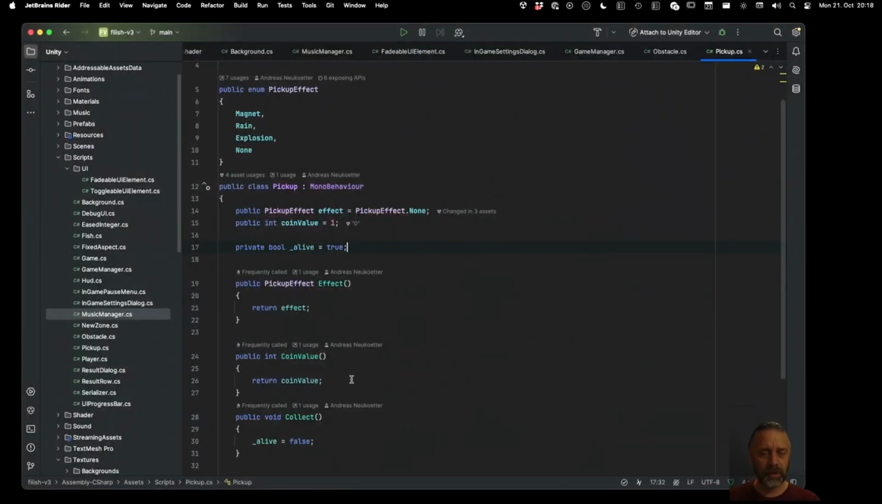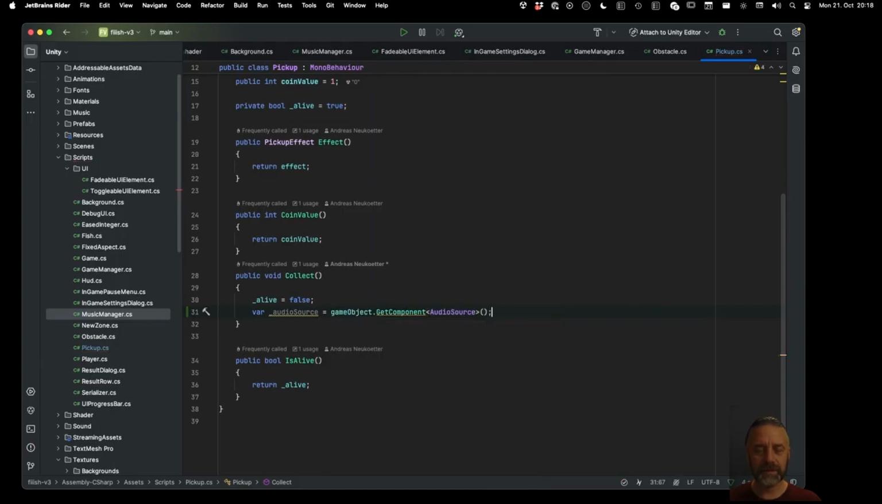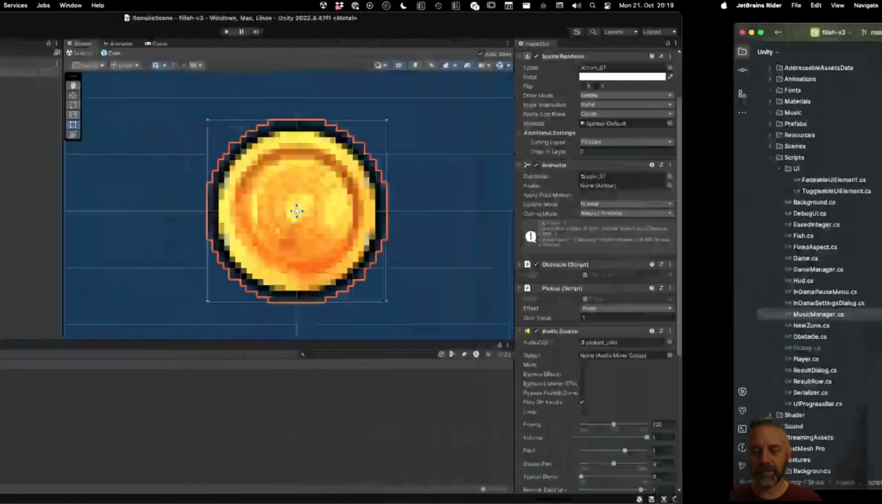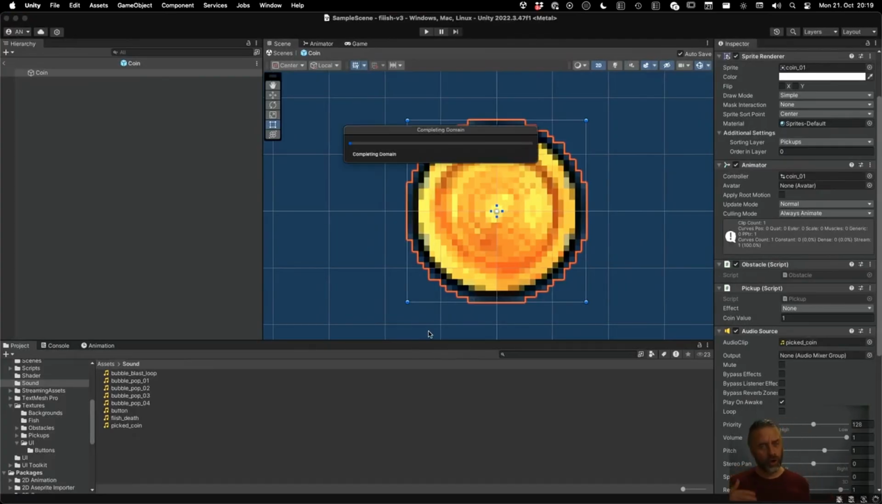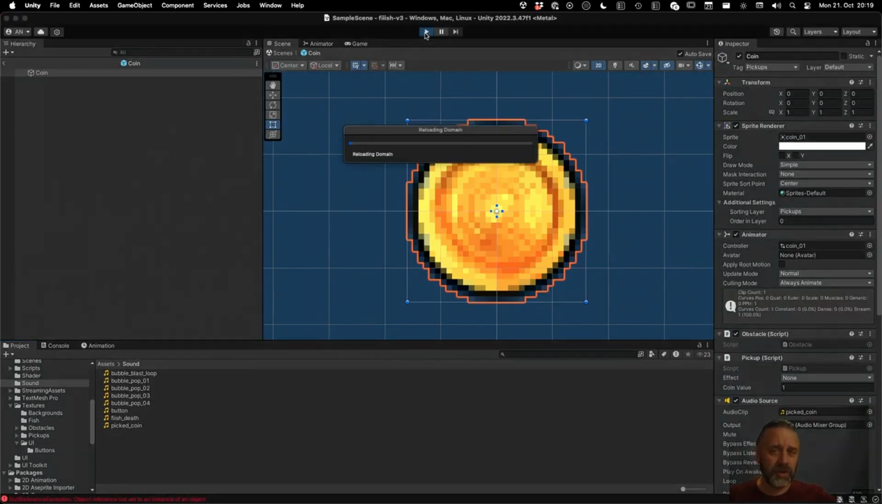So what we could do on collect, right? On collect, we could say var audio source equals game object get component, and if we have it, it's temporary, right? We say audio source play, and suddenly our coins do have. I'm not sure I want to do it like this, right? Because